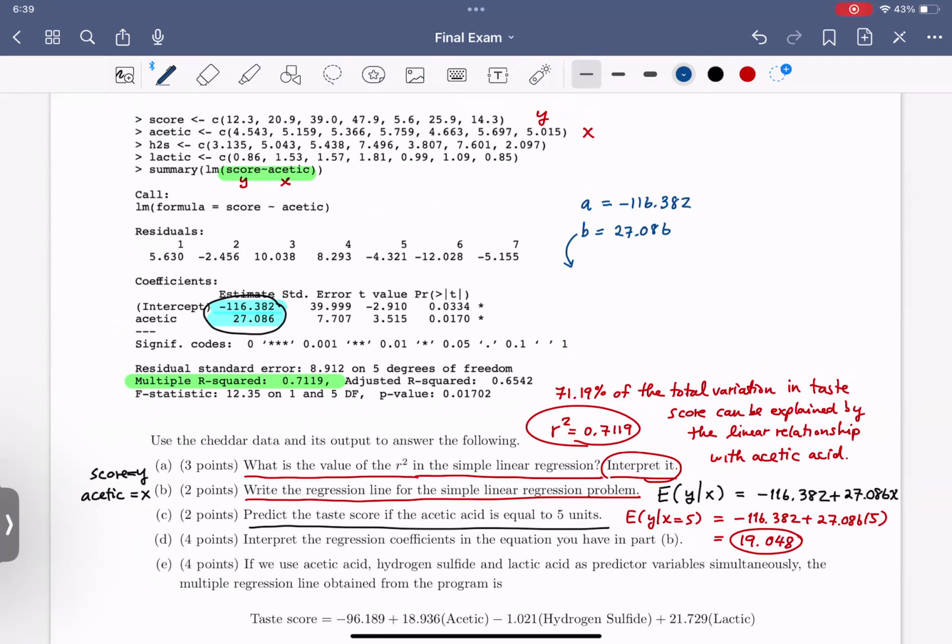So in this context, if the acetic acid content increases by 1 unit, we expect that the test score